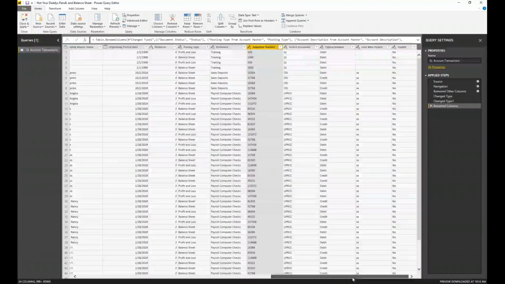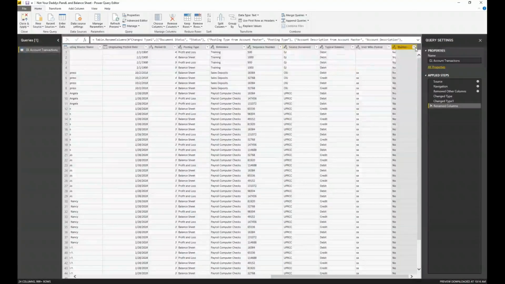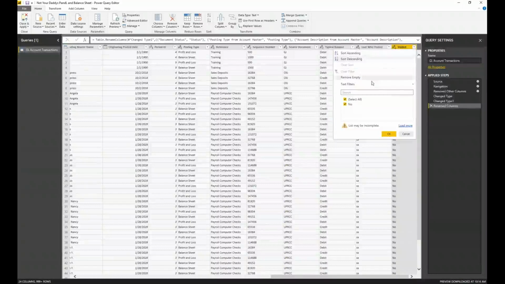Now, one other thing I want to talk about is I did include the void columns. In GP, you can set it up where you can't delete an unposted transaction. And if you do that, then the only option is to void it. And like any other transaction in GP, now you might have voided transactions in here. So we want to get rid of those. And we could do that very easily just by using the filter.